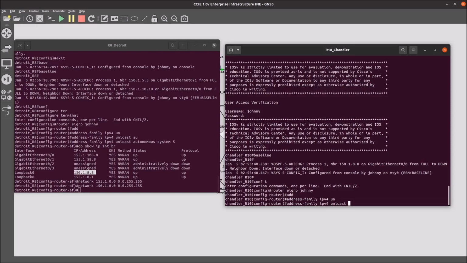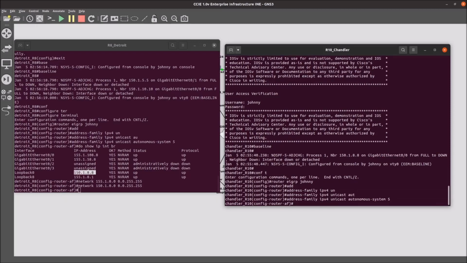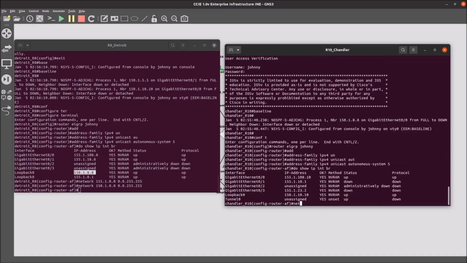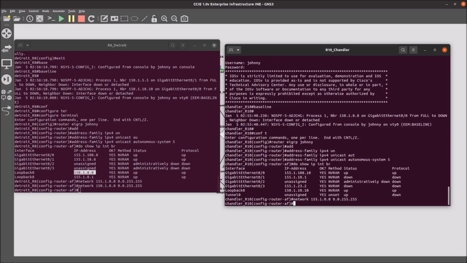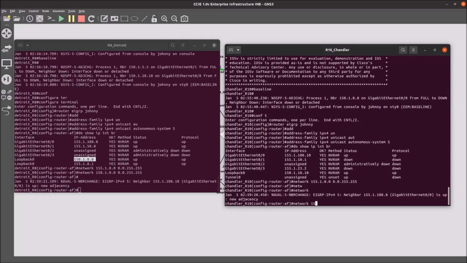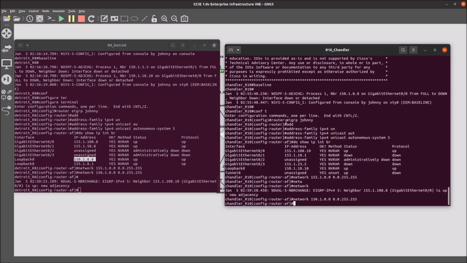Again, I'm using tab for a lot of this, tab completion. Let's actually check what we're advertising here. Should be the same. So network 155.1.0.0 with a /16 wildcard mask. Again, we'll do it for our management loop. Look at that. EIGRP so fast, coming right up. Great. Now in classic mode, we would do the passive interface